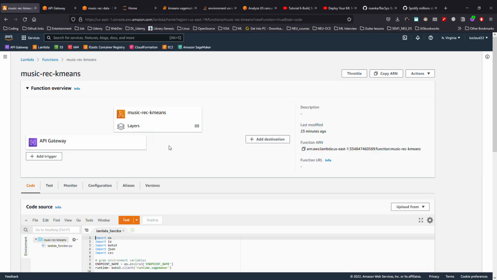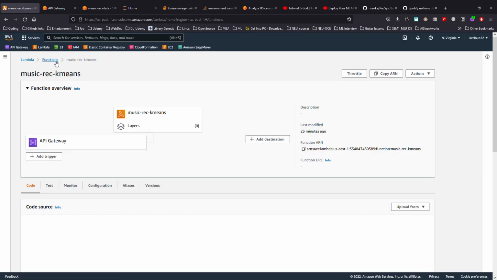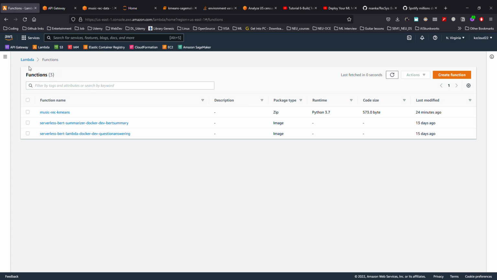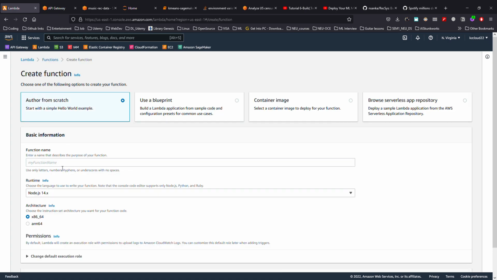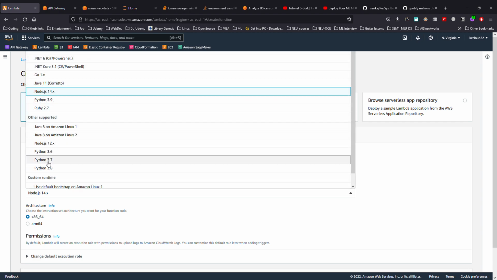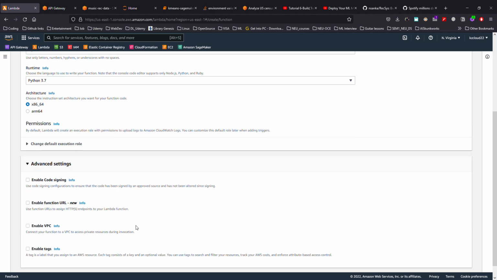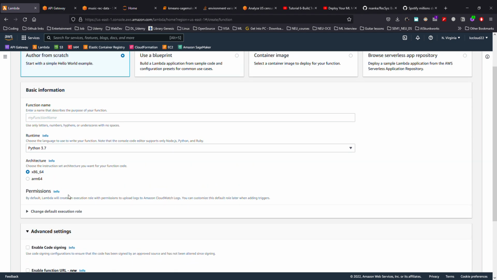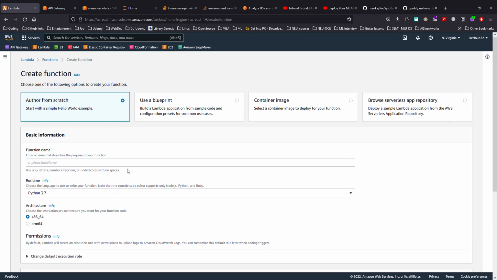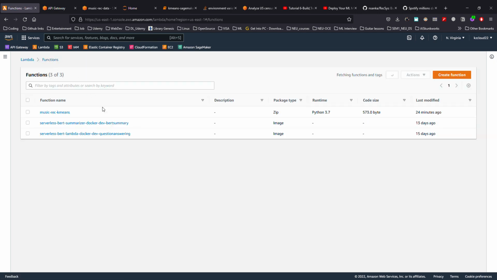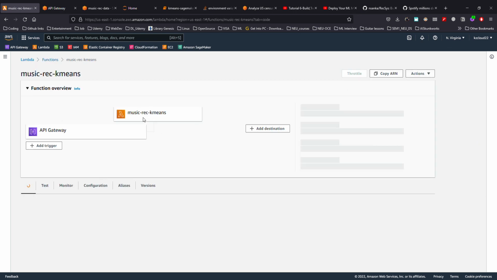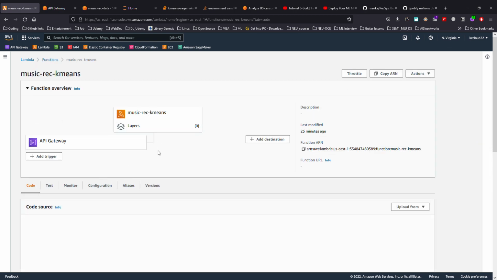So if I go to my AWS account, we have the Lambda. You just create a Lambda function here, give a name. The runtime could be, say, Python 3.7 in my case. In advanced settings, there's nothing much to change. In permissions, you can probably just give your IAM role and things like that. I already have one created, so I don't need to do it. So we have a Lambda function now, so that's ready to be triggered and give us a response.